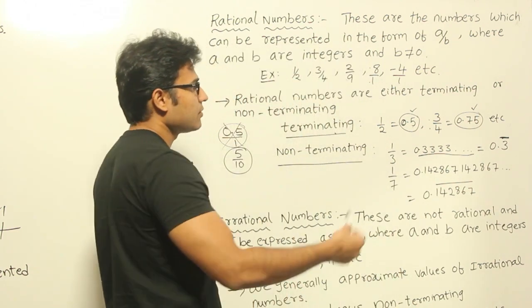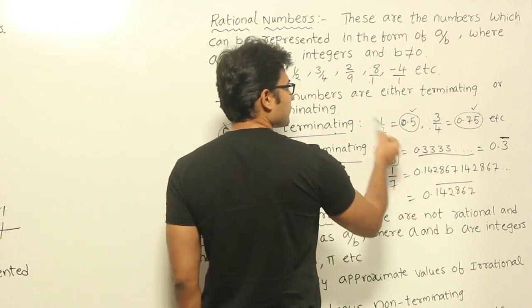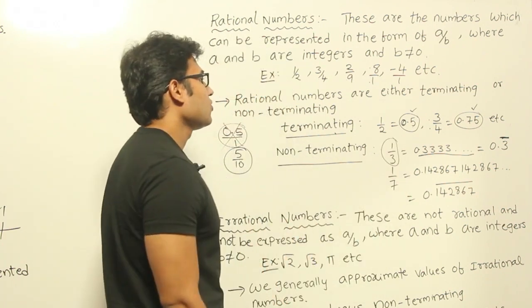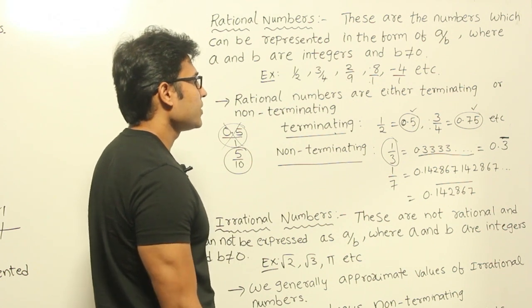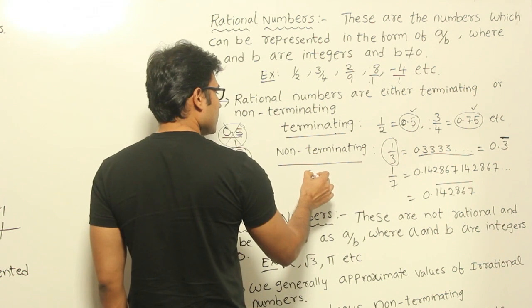Even though it is repeating many times, I could write it as 1 by 3. Okay, so how did I write it as 1 by 3? If you want to see the derivation, you can think of it this way: